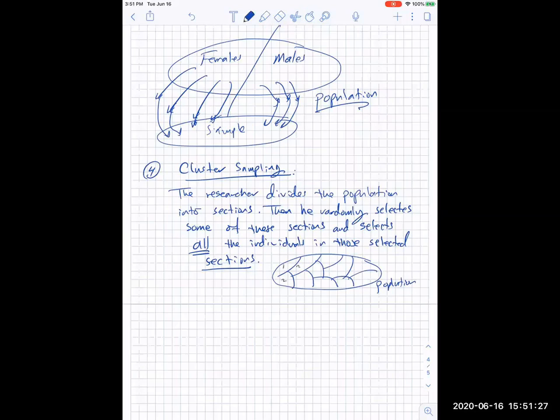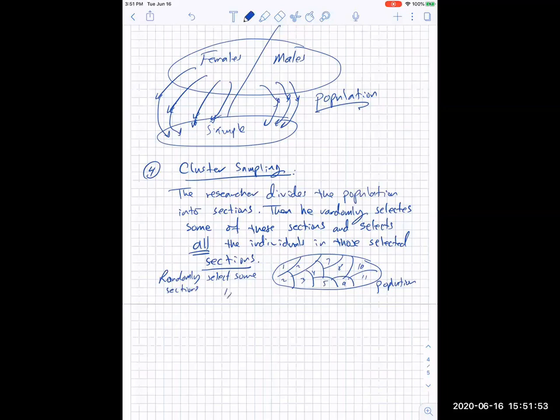Cluster 1, 2, 3, 4, 5, 6, 7, 8, 9, 10, and so on. And then randomly we select some sections,